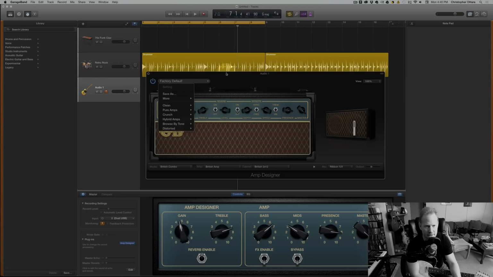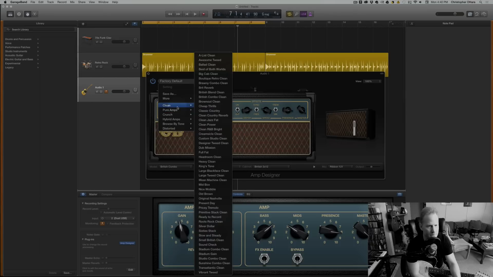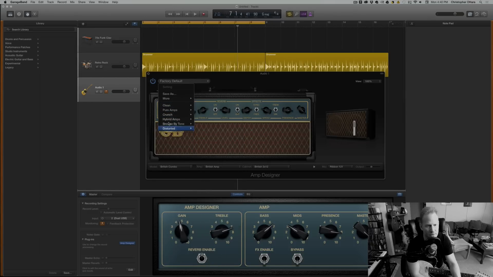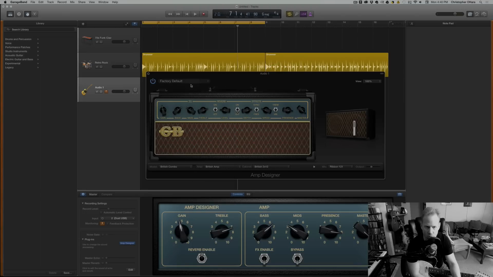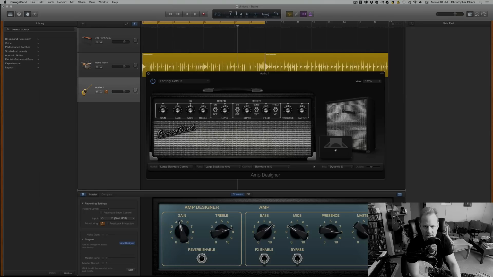Now if you select this drop down menu here, it has a bunch of different categories and different ways of organizing all the amp sounds, and it's probably worth investigating some of these and getting familiar with the different presets here. If you already have a good grasp of that, you may want to go right to the model of amplifier that you want. So that's what I'm going to do for right now. I'm going to select a large blackface combo, which is basically like a Fender